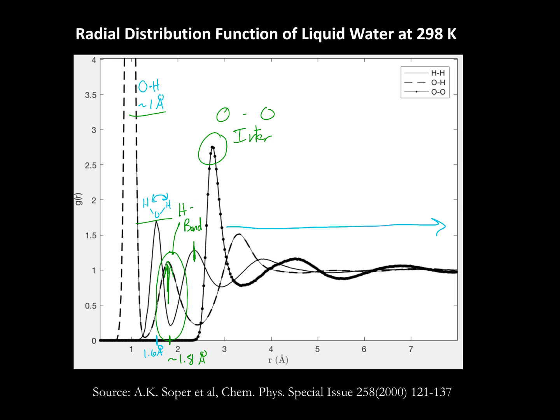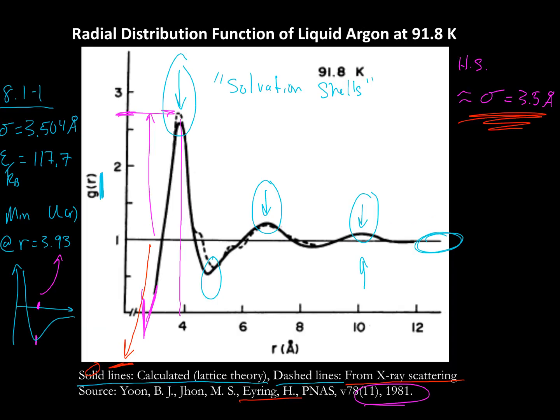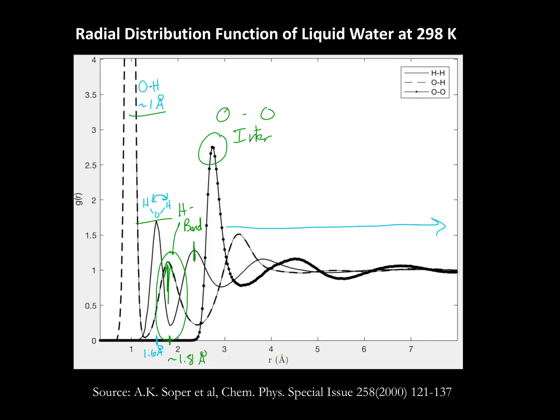So let's just do a really quick compare and contrast. Which do we think is going to be a more structured fluid? Liquid argon or liquid water? Liquid water. And let's confirm whether or not that's true based on our radial distribution functions. Here we have our first solvation shell peak around 2 and some change, 2.6. We look at water,